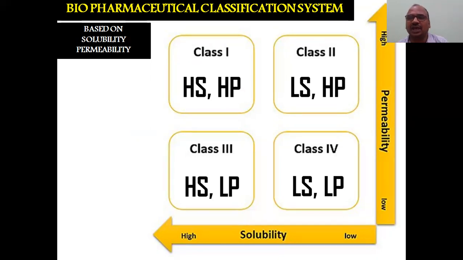In chemistry, we classify the drugs based on their structure, whether it consists of a pyrimidine ring, or an alkaloidal ring, or a steroidal ring. Based on that only we are classifying. In pharmacology, we classify the drugs according to their mechanism of action, like beta 1 blockers, beta 2 blockers. In pharmaceutics, how are you dividing? In pharmaceutics, you divide the drugs based on solubility and permeability. That is very, very important.